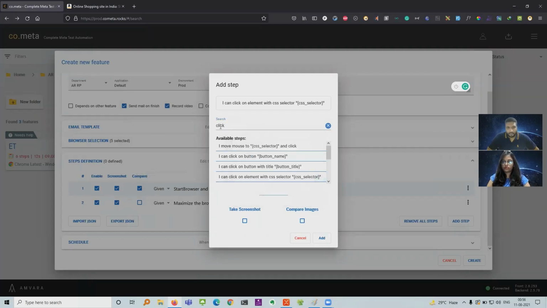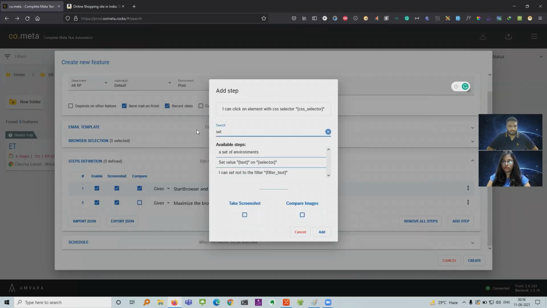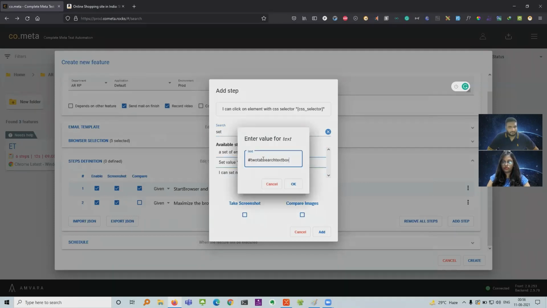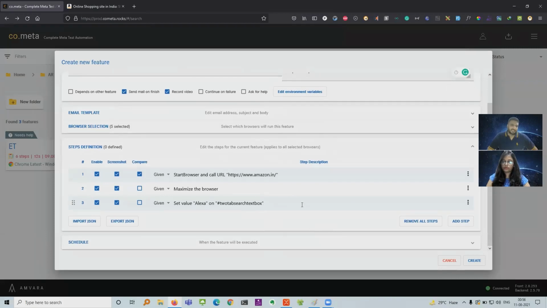No, I want to type here actually. So set value, and the value that I want to type is Alexa, and the selector that I want to give is this, which I copied from Amazon. So the third step is set value Alexa on this selector, and click on add.